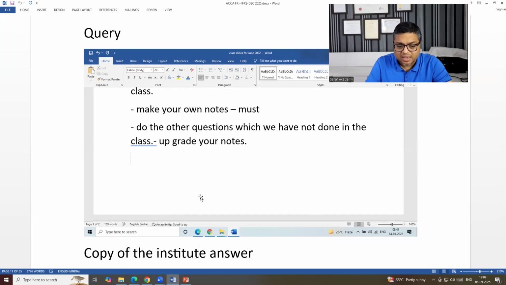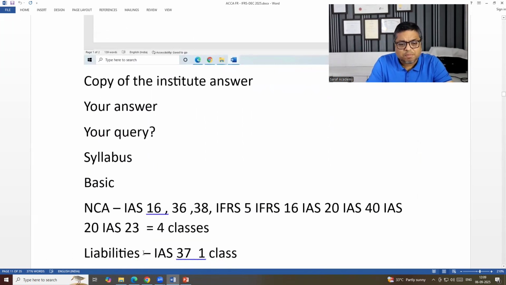What is your query? So that whether you are there in the class or not, I will explain at length properly all the things. Whether you are there in the class or not, if your mail is there, you don't need to remind me. I will open your mail in the class and I will discuss all your doubts properly with every student, in very detail, so that all the doubts are getting clear.